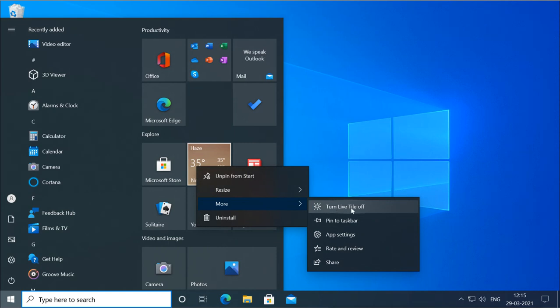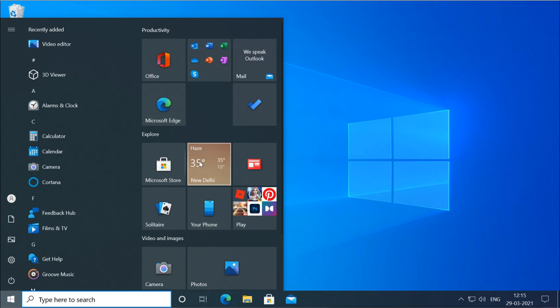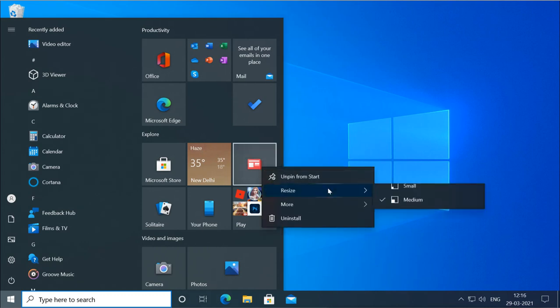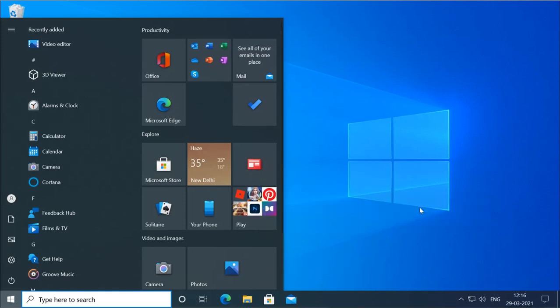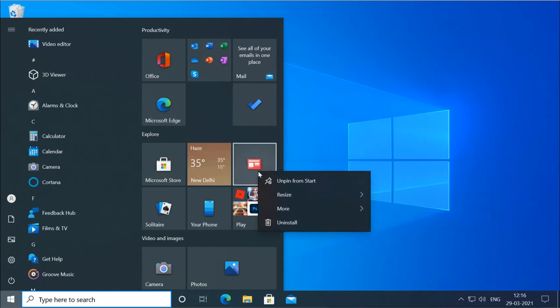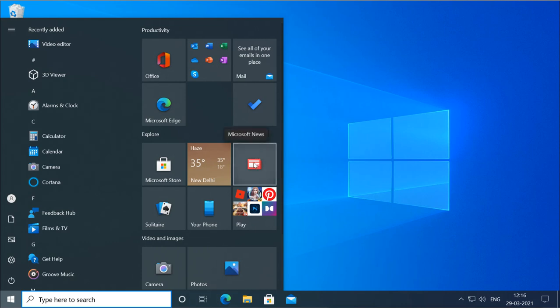Now live means what is it doing? It is showing the current temperature and current weather. And this one is what? News feed. Now I think it is not live. Okay, it is actually live, because of internet it is not showing. Now turn on the live. So when you make it live, it will change and it will show you the live status of that current application. So you can make them live, you can turn live off also.